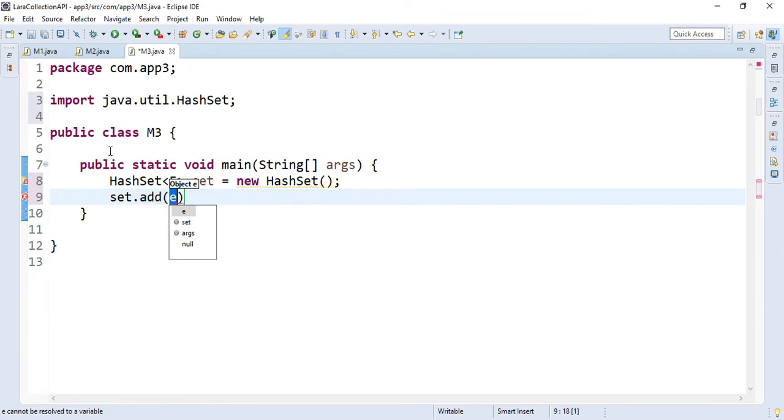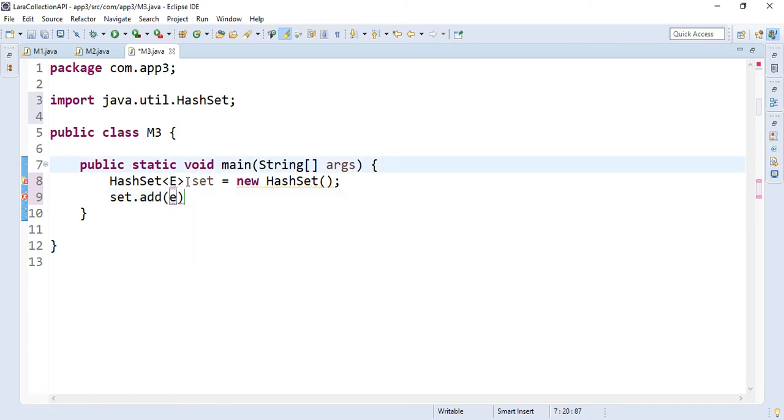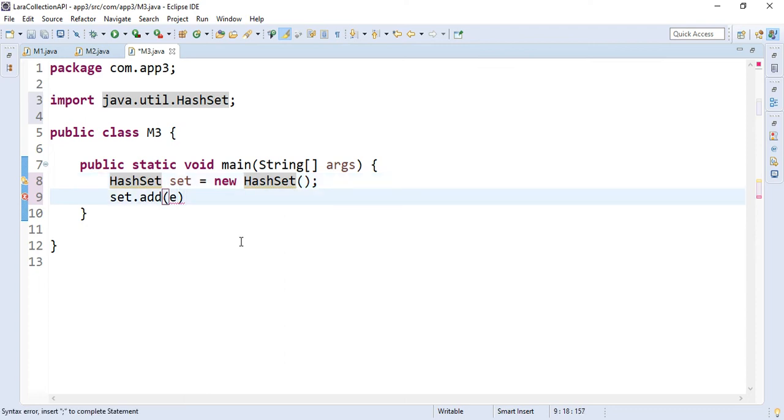So two actions have been done by the Eclipse. The first one is to import the class java.util.HashSet from the java.util package, and keeping the generic style syntax for HashSet object creation. Now you can remove this generic style syntax. As of now we don't need this because we are not using a generic style for this collection program. Without using generics we are developing this collection program. Now add the element,